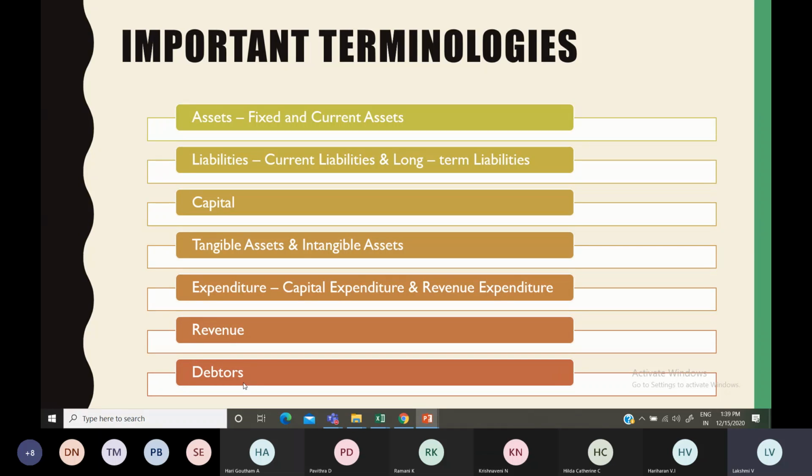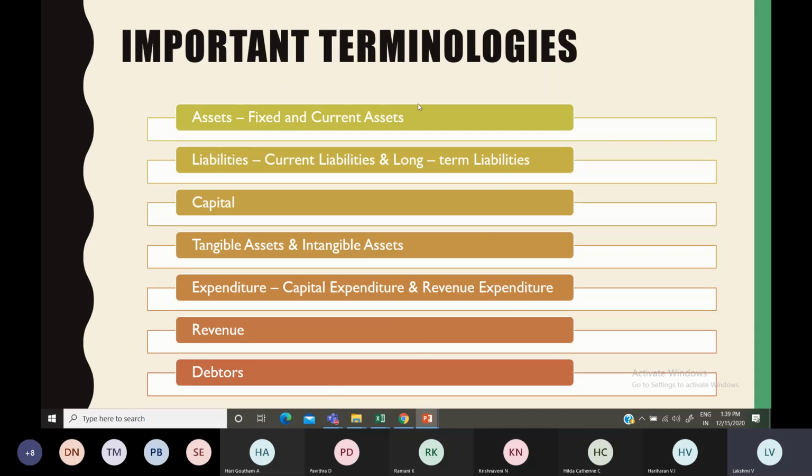Usually if they make prompt payment, then there is no difficulty for the business. If they are not making prompt payment, if they have become insolvent, that is, they don't have enough capacity to pay the debts, then in that situation whatever I have sold on credit becomes a loss and is considered as bad debts. So that we can discuss later on.